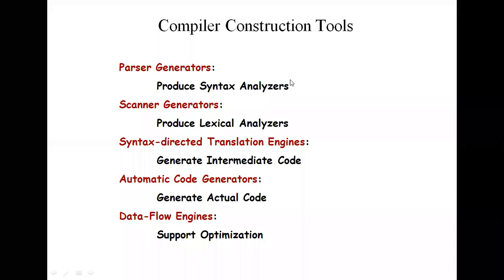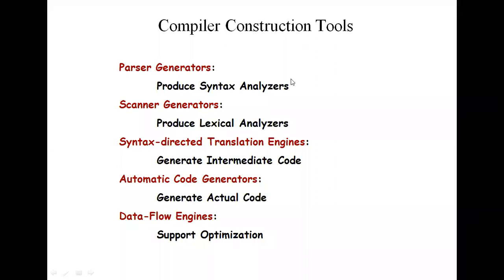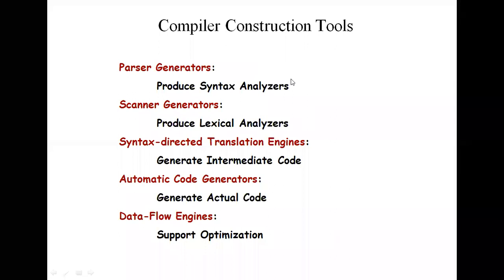The first feature, when we call a compiler a good compiler, is that the compiler compiles a large amount of code in less time. If the compiler compiles a large amount of code in less time, then we can call that type of compiler a good compiler. So this is one of the features of the compiler.